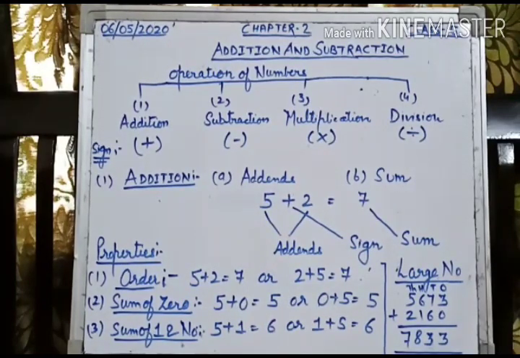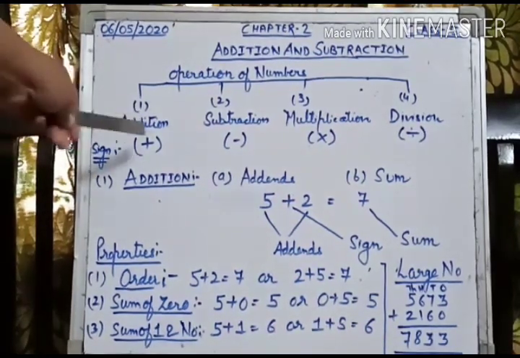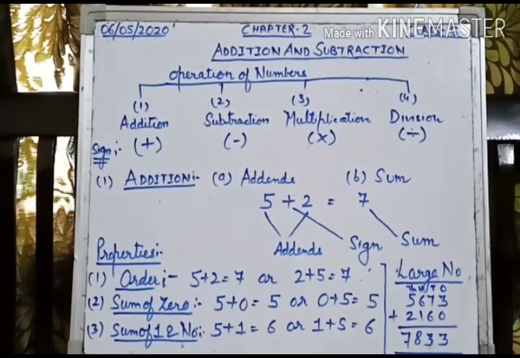This you all know. It's very common that a plus sign is for addition. Then we have minus for subtraction. Then we have a cross sign, that is for multiplication, and then we have this for division. These are the different signs. Can you see? These are the signs for the operations. But these are the 4 operations. We will be starting from the very first, that is addition.